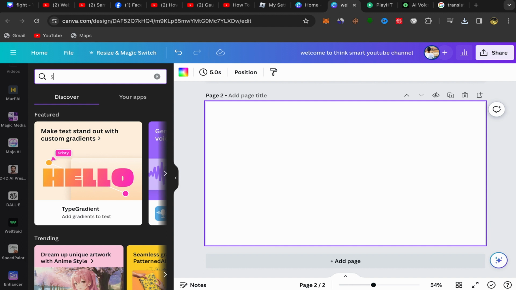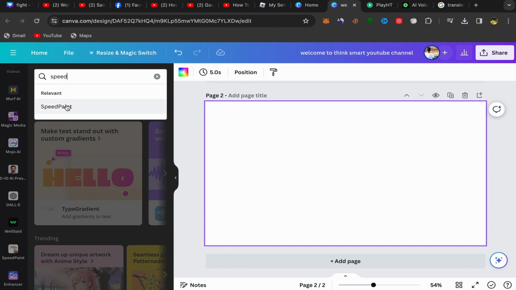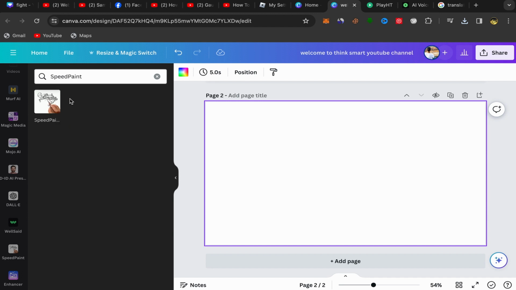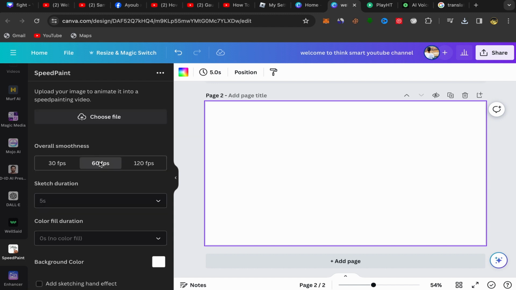Click on this app over here, and it's gonna take you to this page, as you can see. What you need to do next is upload the picture that you made on Canva.